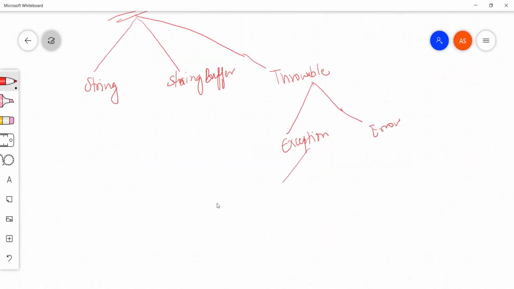In this class again we have runtime exception, then we have exceptions like array index out of bounds exception. Have we discussed about array? I don't remember actually. We have covered array or not?